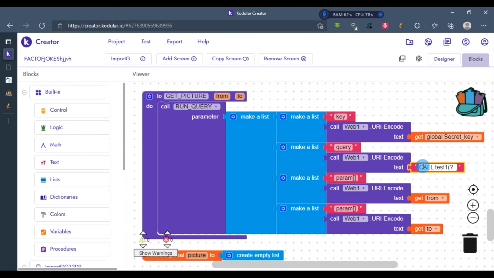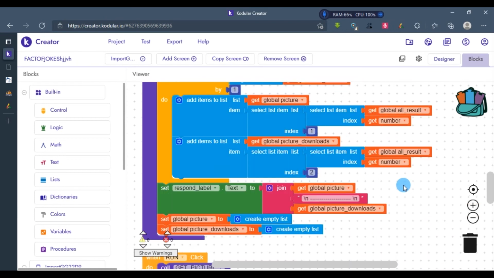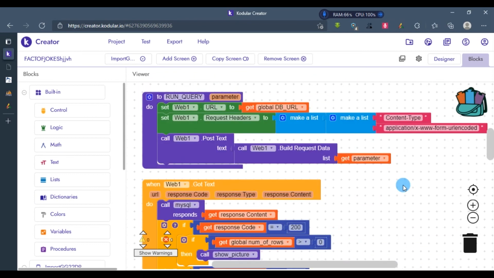So we put a question mark, comma, another question mark, and we close it. That's it. Enter. So this is our query. Then we bind the from, and we also bind to. That's all. We click, we get the from from our text box, we get the to from our text box. It's still the same thing, but